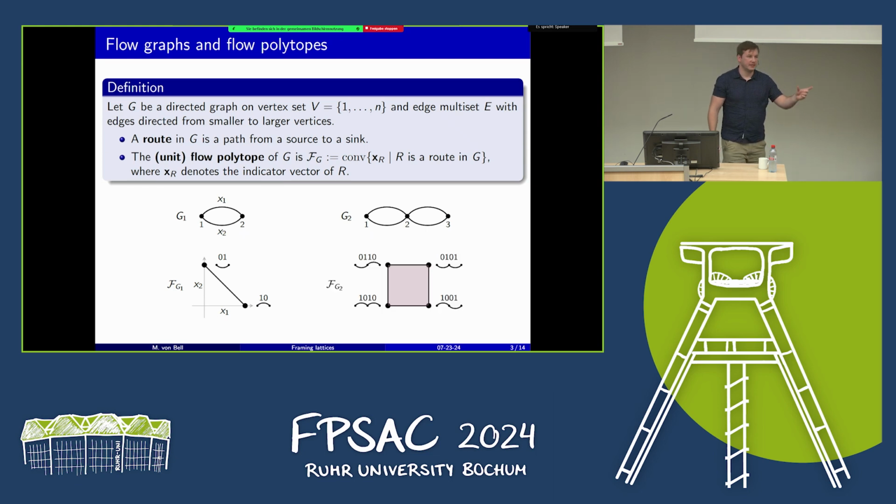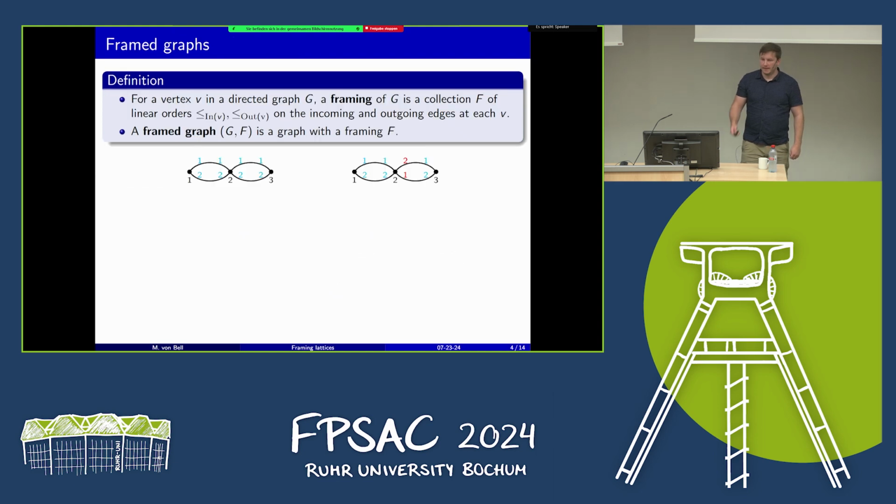And so we get the product of two line segments being a square. And we have now 4 routes corresponding to the 4 vertices of the square. So this is a little bit of flow polytopes. But we're going to also talk about a framing of a graph, and this is where the name framing lattice